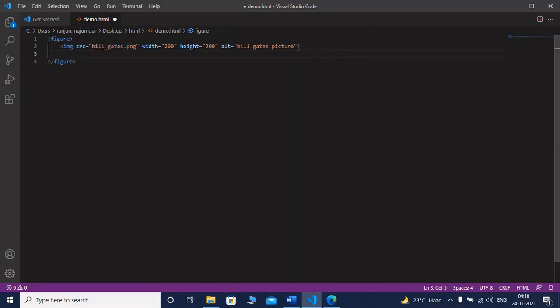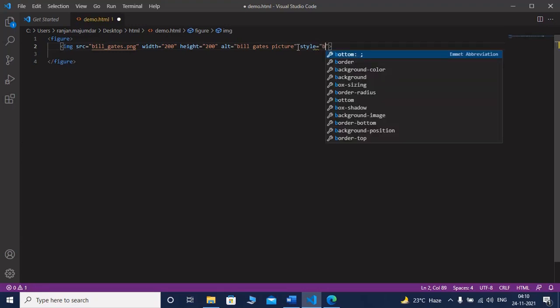Here I can use global attribute. In my previous tutorial I explained what is global attributes and in which places global attributes are used. So I am using style global attribute, style.